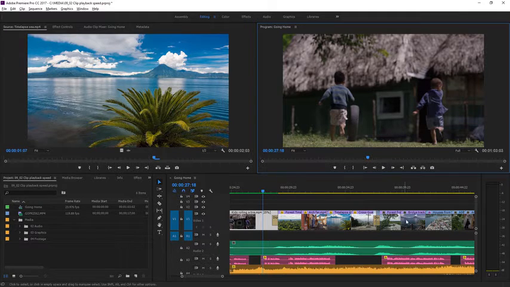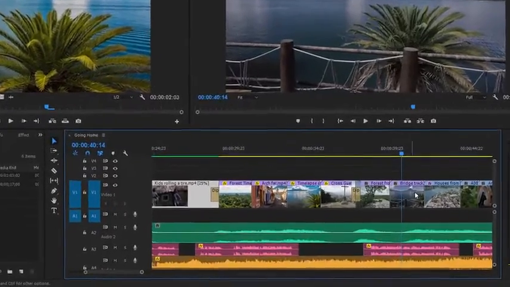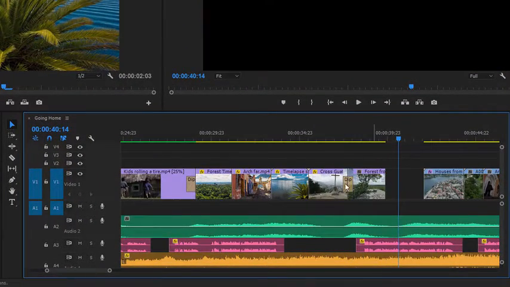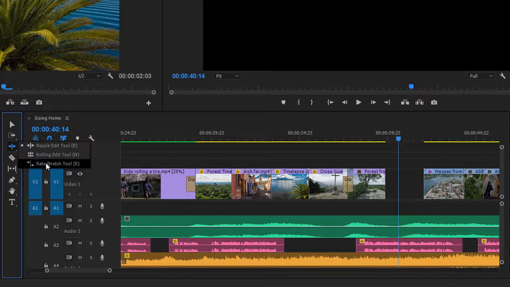There's a dedicated tool for changing the playback speed of clips too. A little later on the timeline here, I'm going to delete this bridge track clip. I'm just selecting it and pressing the delete key. And now I'm going to select the rate stretch tool, which is available by clicking and holding on the ripple edit tool. With this tool selected, if I trim a clip by clicking on the end of it and dragging,